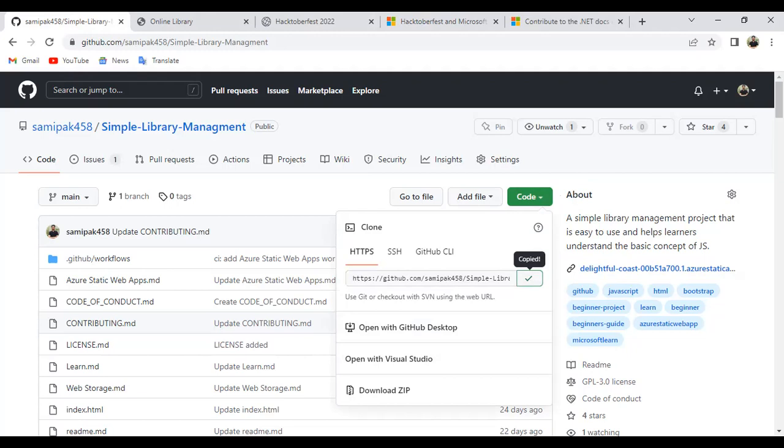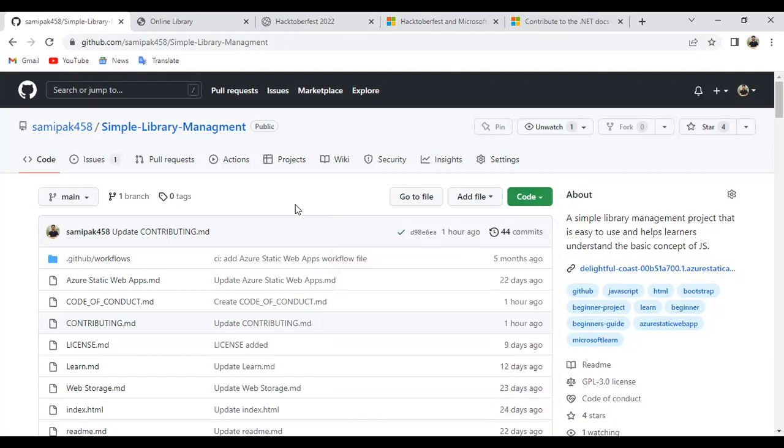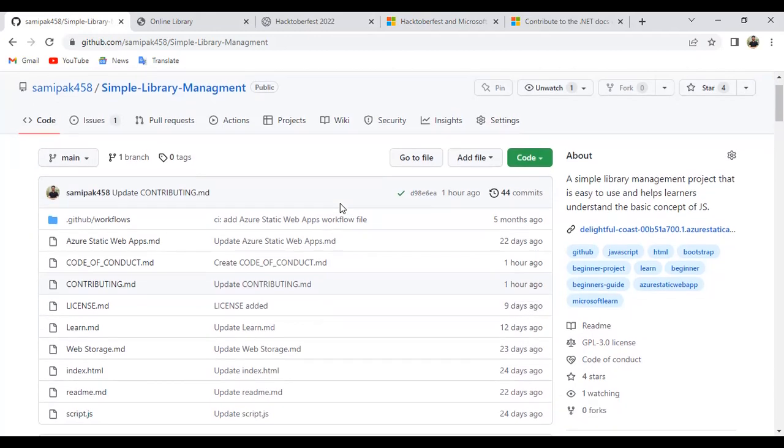Okay, second thing, which is very important. I will share how you have to clone it, but here I will just let you know what the process is. So you have to clone it, then you make changes. Or wait, give me a minute.